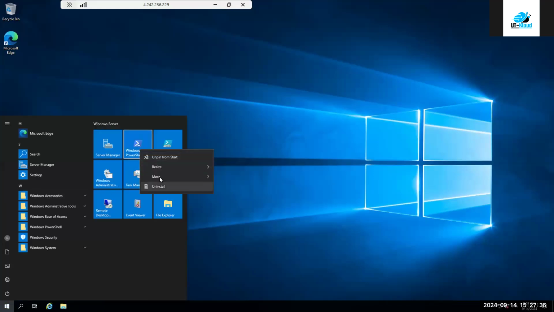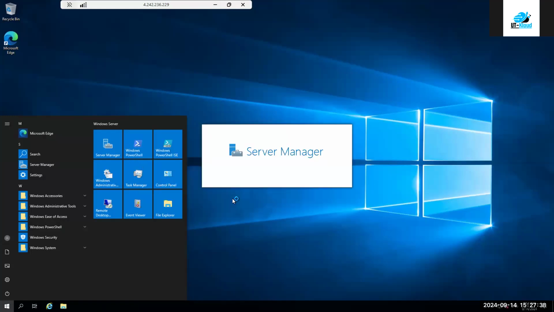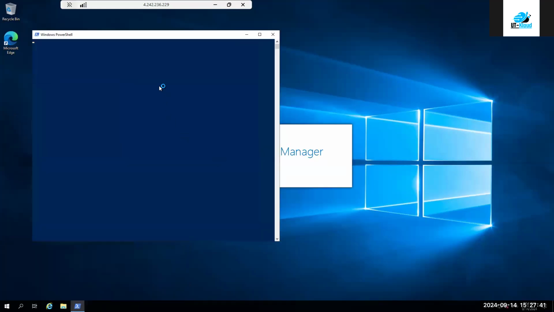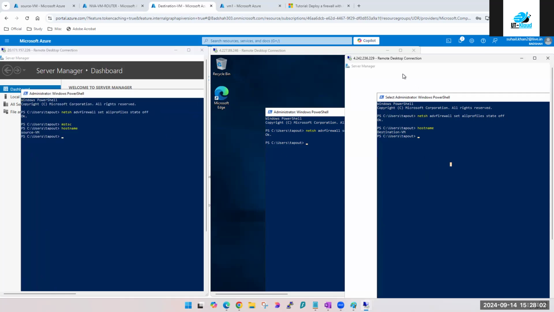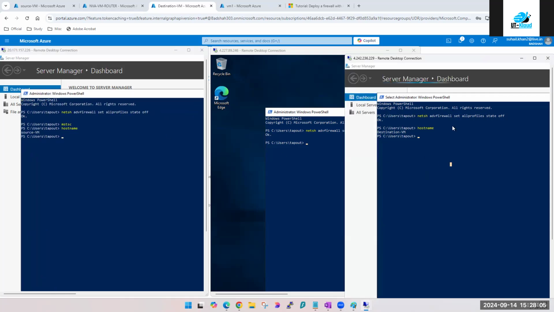So what am I doing now? I'm going on all three machines and turning off the firewall, the OS level firewall. We are not talking about Azure firewall yet. We haven't discussed anything, so don't get confused. The OS level is done. Now I hope you guys can see it. Is my screen readable to all of you? I don't want to enlarge more, because if I zoom in more, all these three will not be on the same window.